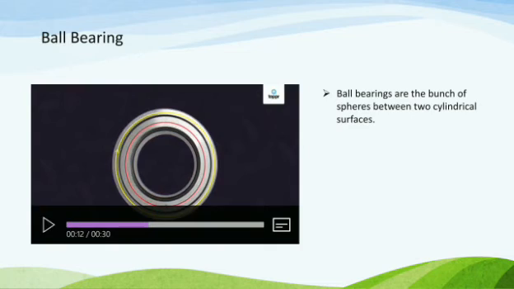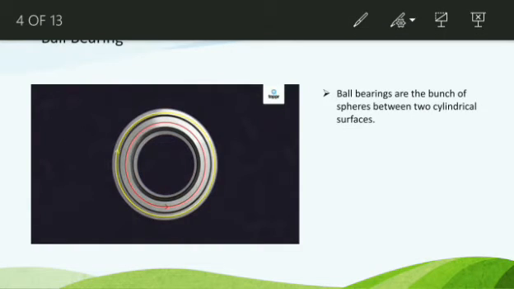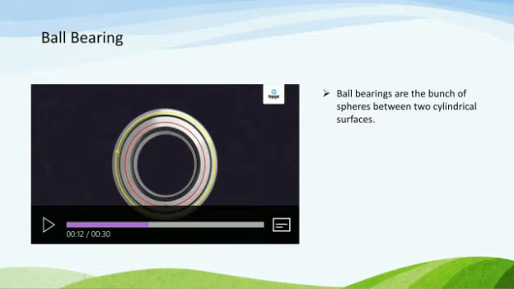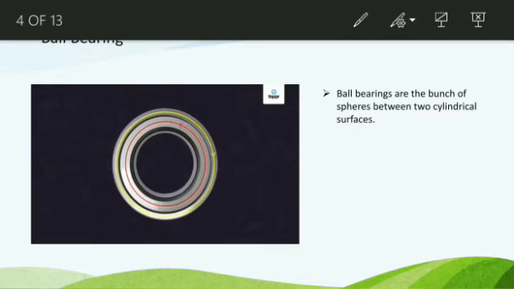If we remove the ball bearings, then the two cylindrical surfaces start sliding over each other, and the friction will be more. When we put the ball bearings in between the two cylindrical surfaces, then the friction will be less. Okay. See the video carefully.